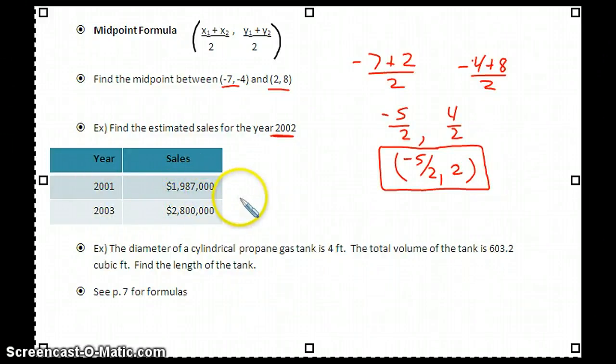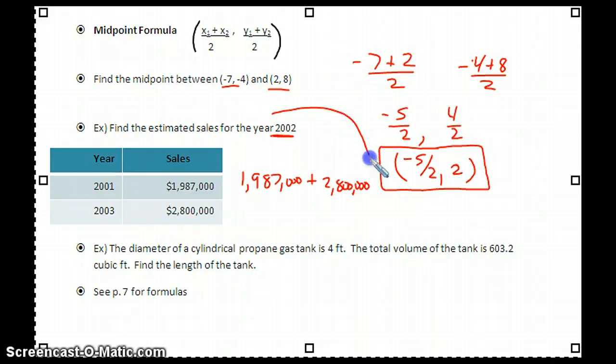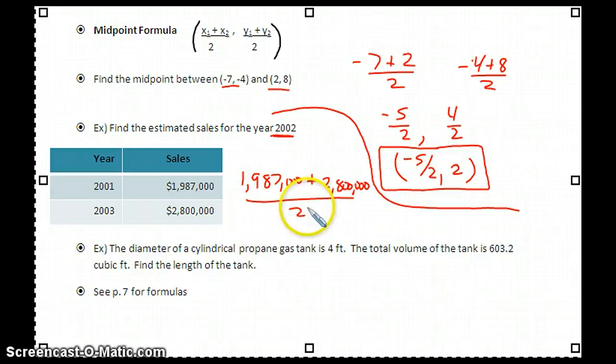So if I do 1,897,000 plus 2,890,000, I end up getting 4,787,000, divided by 2, which would give me